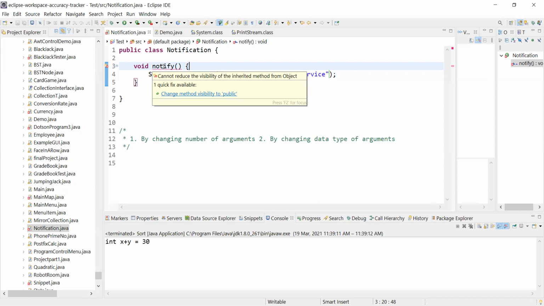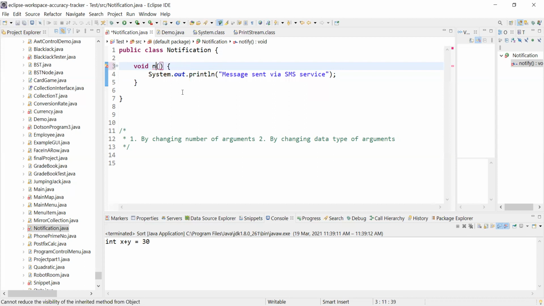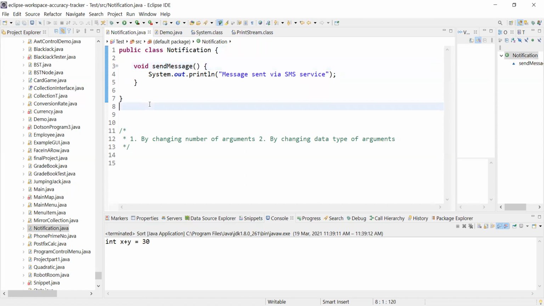It says: cannot reduce the visibility of inherited method from Object. I'll discuss that later on. So let me just rename it and call it sendMessage. This is the functionality we have in the Notification class.